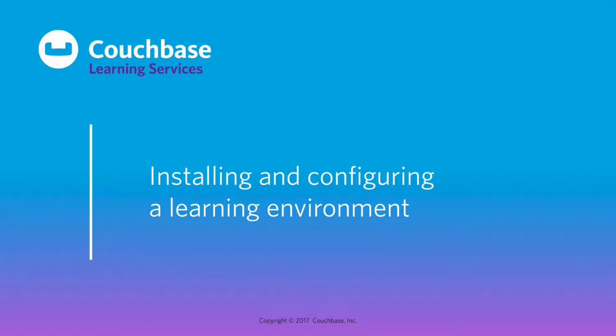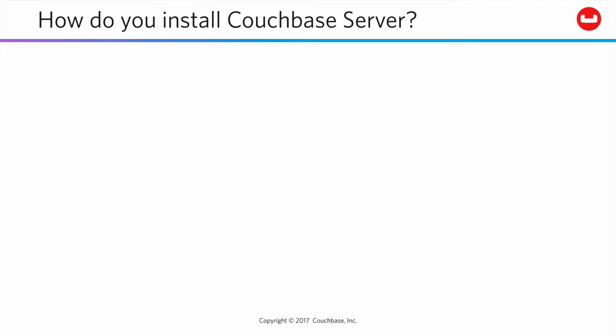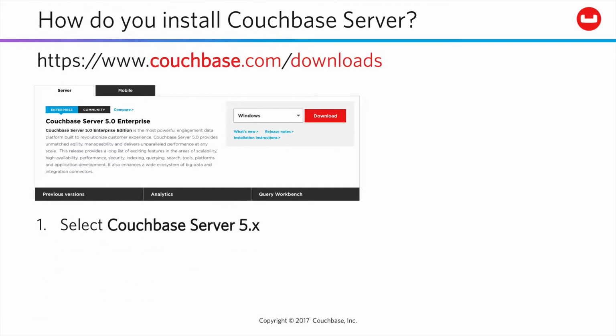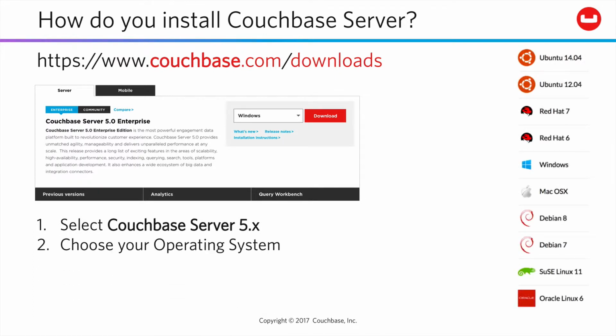In this lesson, we'll start getting your local system set up to take this training course and learn some useful things along the way. Now, just to be clear though, we're setting up a learning environment and will not be using production settings. To install Couchbase Server, go to couchbase.com/downloads to download Couchbase Enterprise Edition 5. Choose your operating system and then download and install the assets as required by your specific operating system. Or if you prefer to work with a containerized instance, visit